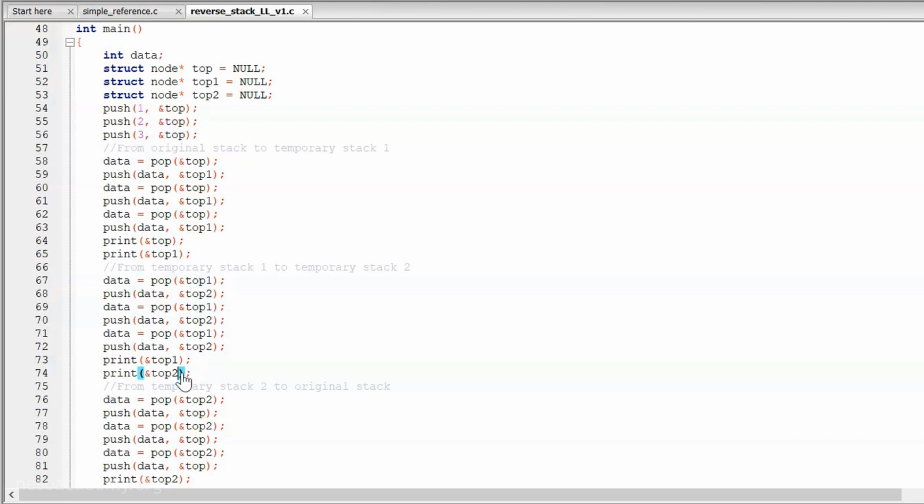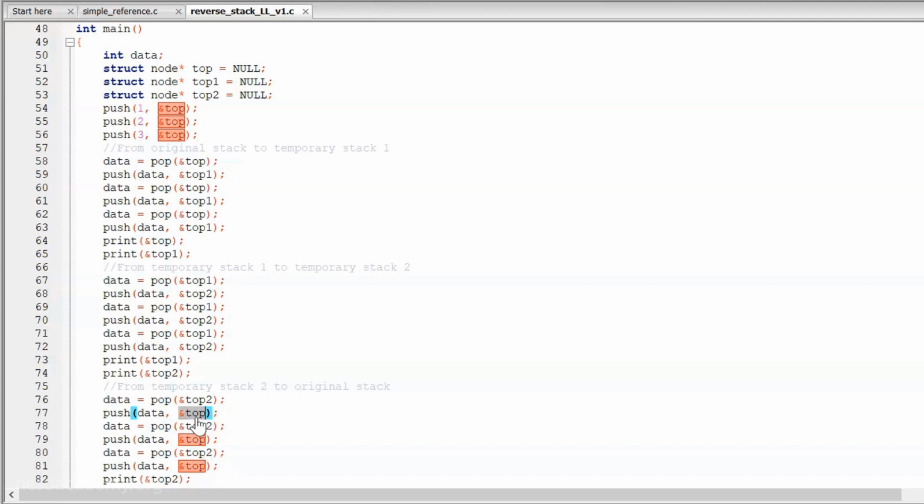And here you can see I'm calling the print function twice to print the status of the temporary stack 1 and temporary stack 2. Then after this, I'm transferring all the elements of the temporary stack 2 to the original stack once again. And this time, we have to pass the address of top 2 to the pop function because we want to delete all the elements of the temporary stack 2. And here we have to pass the address of top to the push function because this time we want to push the element onto the original stack, right?